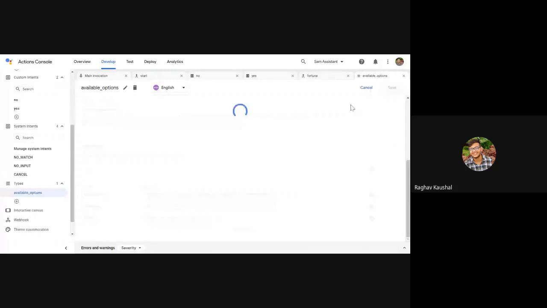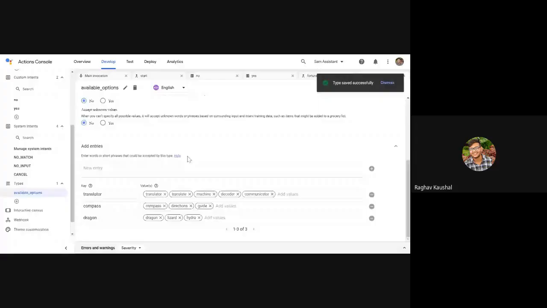I don't think I need to copy this. Think of anything, whatever you want to call it. Okay. So I think this is the available option, this type we have created. So now we have created a type. So let's add this type to